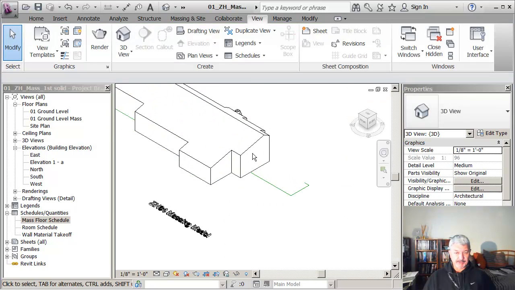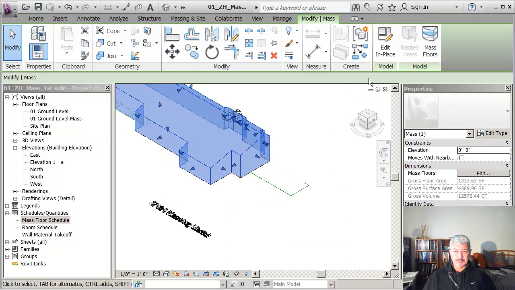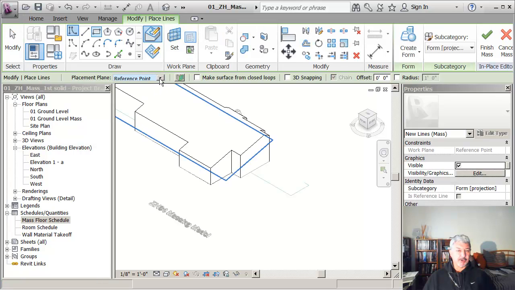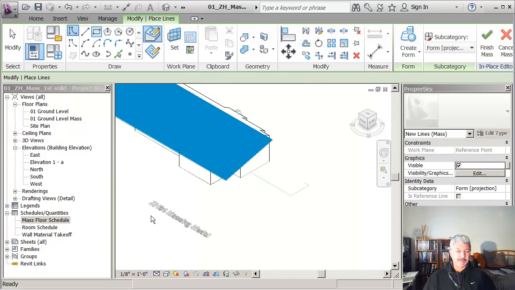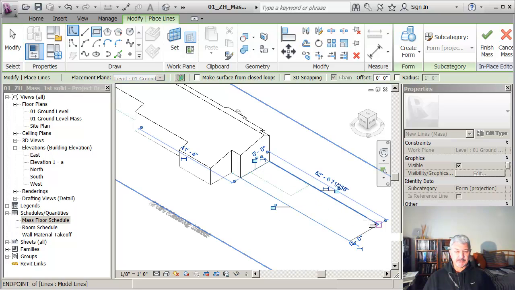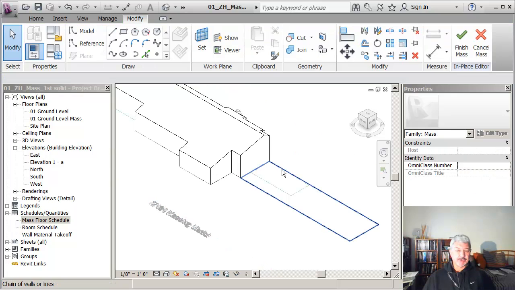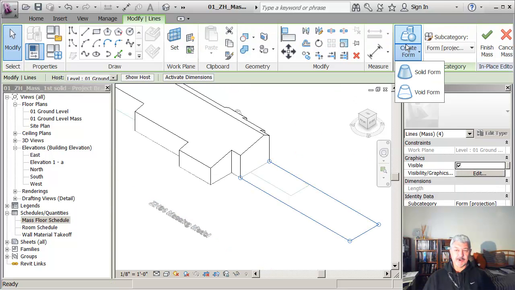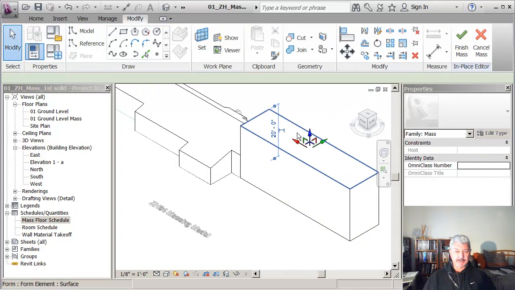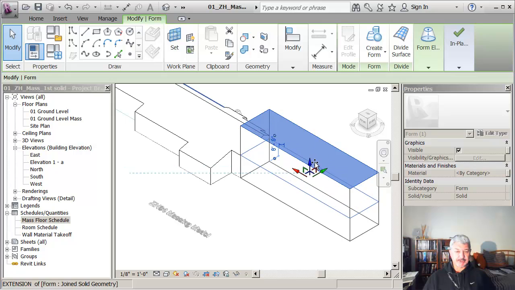So if I were to do something like, say, here's my mass model, editing it, what I'm going to do is draw on the ground level an extension to my building. I'm just going to exaggerate it so you can see a big difference, but I'm adding to my building. I'm going to select the floor area, create a form from it that's a solid form, and I can make changes to this in terms of the